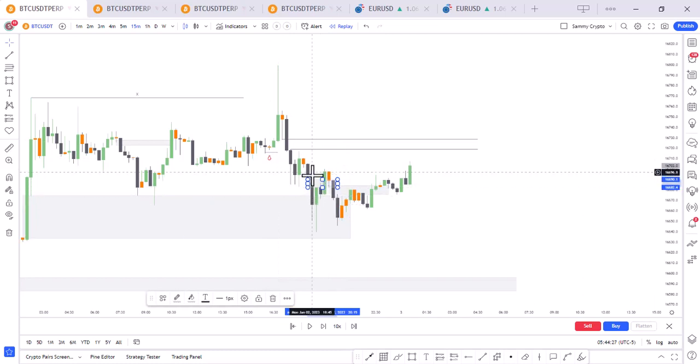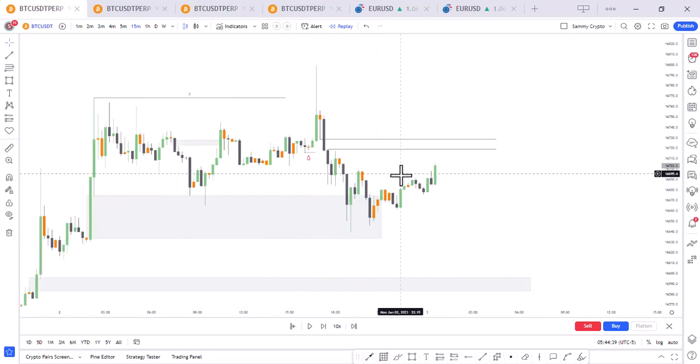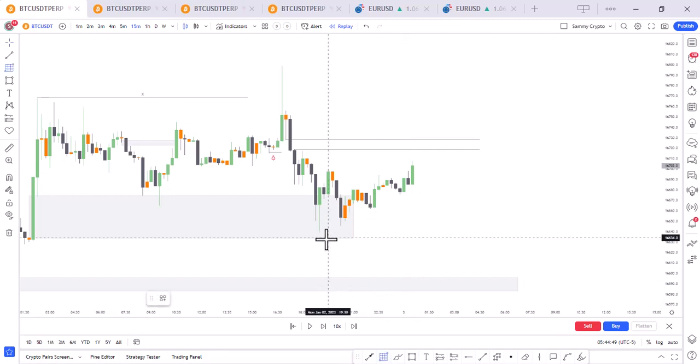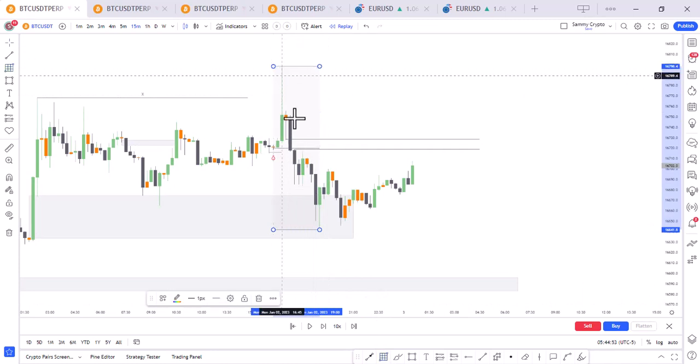Price left an FVG void here. We feel that, kept going lower, came back here, left another void. We feel that, and after refilling that, this is kind of what the SMC traders call inducement. This is what they call inducement. I promise I'm going to teach about Fibonacci, premium and discounts, PDRA, IST PDRA. So looking at this whole movement,